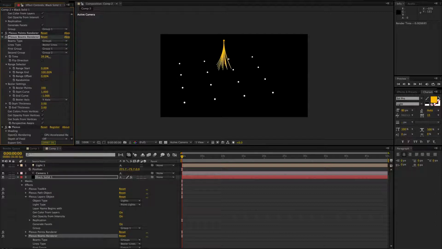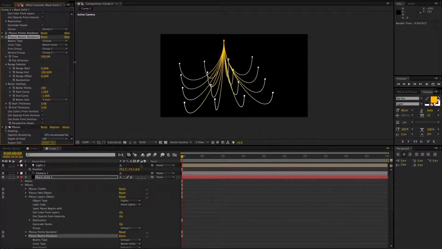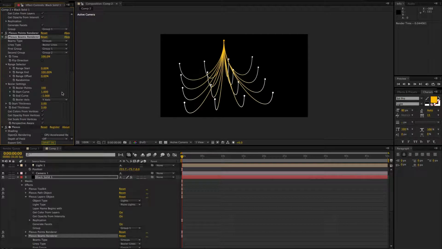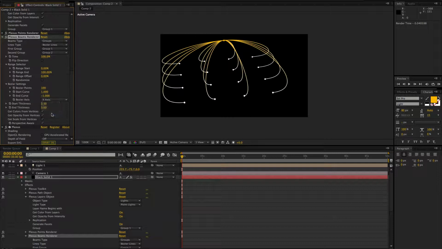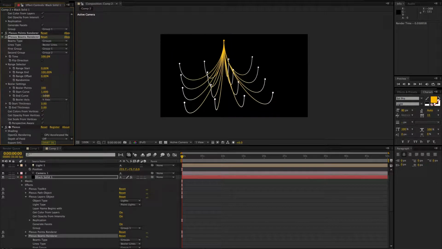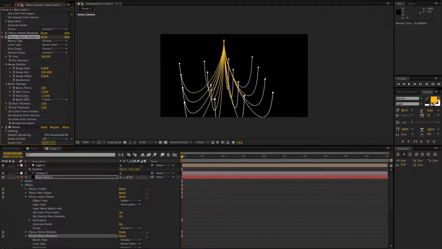You animate the time, they kind of go from group A to group B, and you could have the axis of Bezier from y-axis or x-axis or z-axis. Usually y works the best, and you can have the curve,